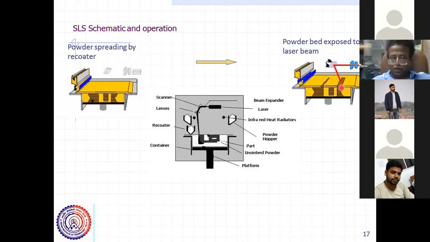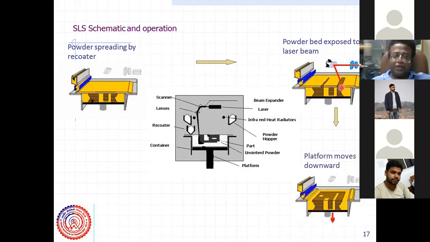Understood, sir. Now the next is, then again the platform will go down. It will go down by one layer thickness as shown here in this picture. The platform moves down. Do you see the red cursor? Yes, sir. So the platform will move down as I am showing here once again, and one new layer will be deposited, correct?